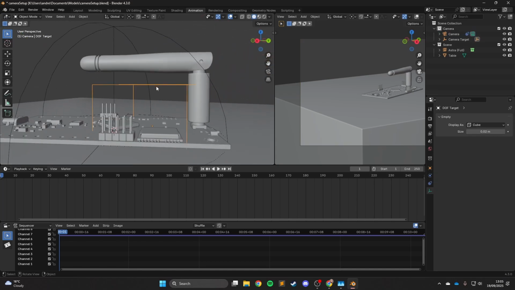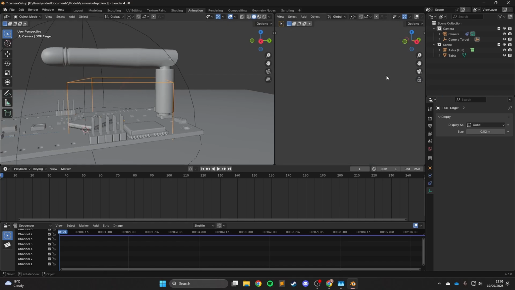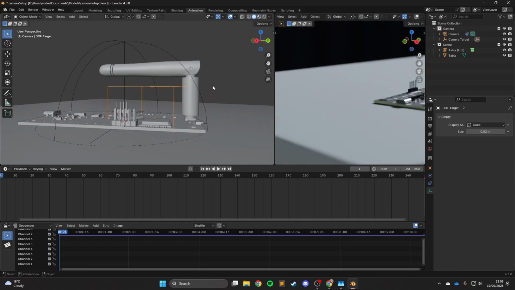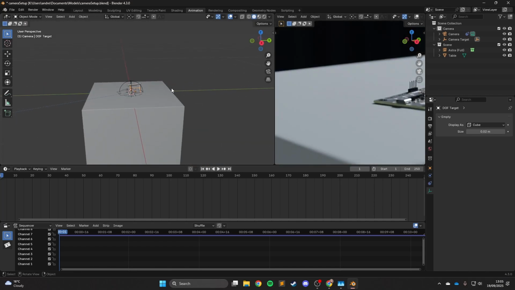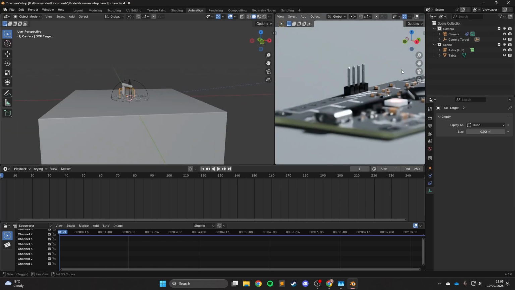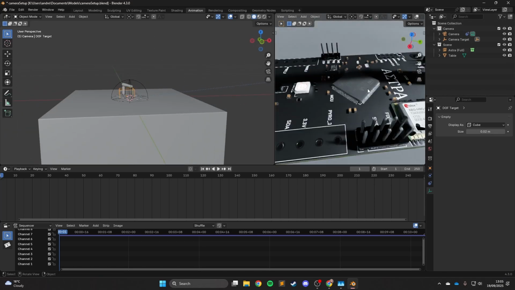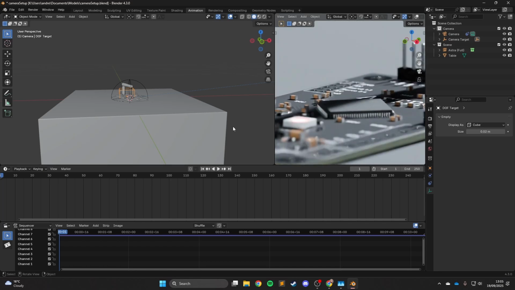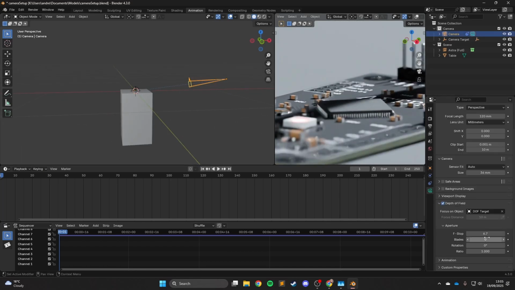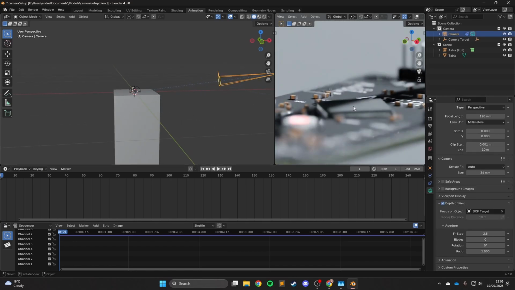Like I said, it's really easy to use. You can just move things about like this and everything adjusts. You can even animate all the different parts. So say you wanted to have the camera fixed in place or some parts of the camera animating, but you wanted to change focal points. So say, let's decrease the depth of field to make it a bit more obvious. You could have the actual